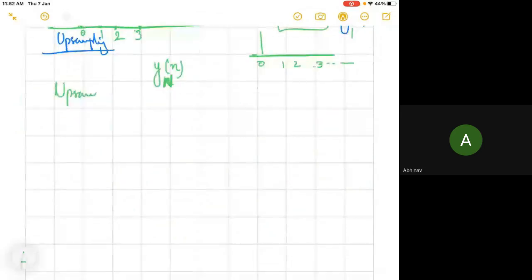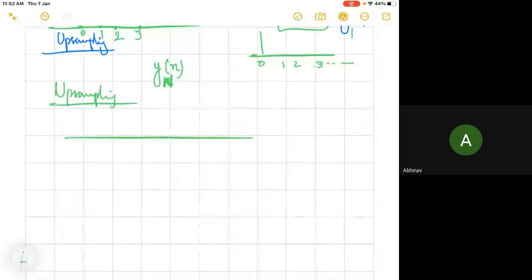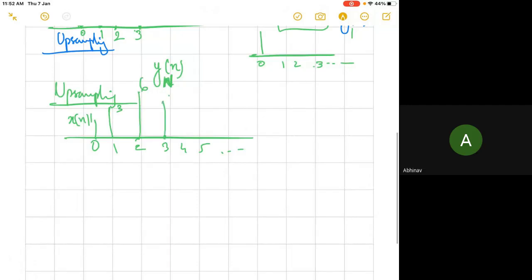Upsampling is basically the reverse process. For example, when you have an x[n] signal, say starting from 0, 1, 2, 3, 4, 5, etc. At 0 you have 1, at 1 you have 3, at 2 you have 6, at 3 you have 5, at 4 suppose you have 2, at 5 suppose you have 7, at 6 suppose you have 3, like this. If you upsample the signal by a factor of 2,